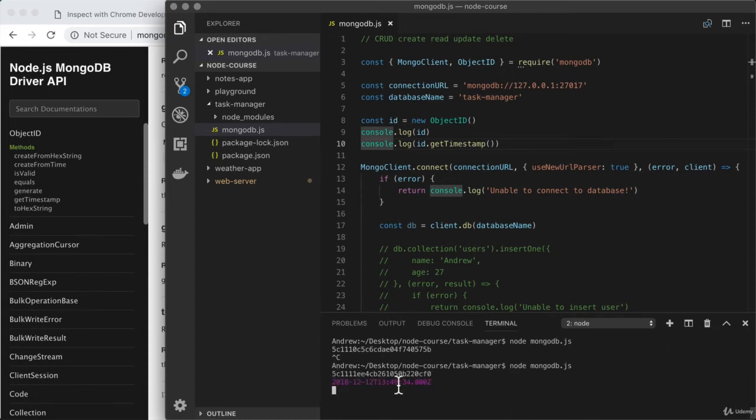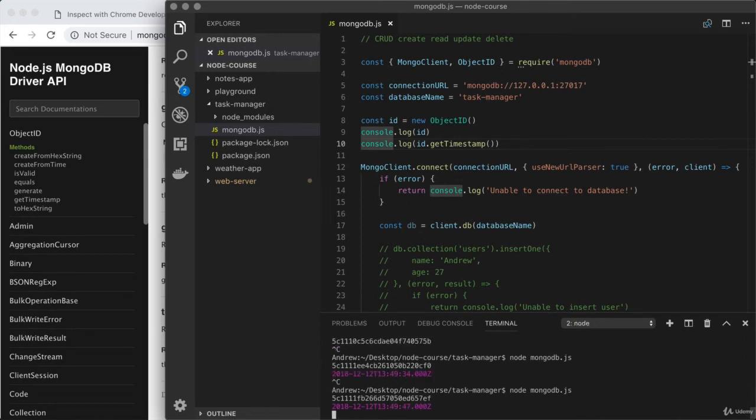I get a timestamp. Right here, I can see the current point in time, which is indeed accurate, and right here, I have the exact hour, minute, and second, and if I shut the script down and I rerun it, you can see it's updated a little bit. We went from the 49th minute to still the 49th minute, but we were at 34 seconds into the minute earlier, and the second time I ran it, we were at 47 seconds. So as we generate new IDs either on our own or as MongoDB generates them for us, a timestamp is indeed embedded right inside of there, allowing you to know when it was created.